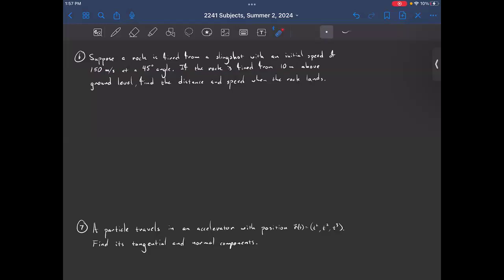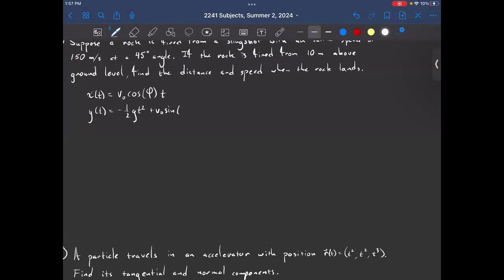Okay, now we have some parametric equations. We can write them down. X of t is v0 cosine of the angle phi times t. Y of t is minus 1/2 g t squared plus v0 sine of the angle phi times t. Except now our projectile is being fired from above ground level. And so we need to do something else here. We need to modify our y